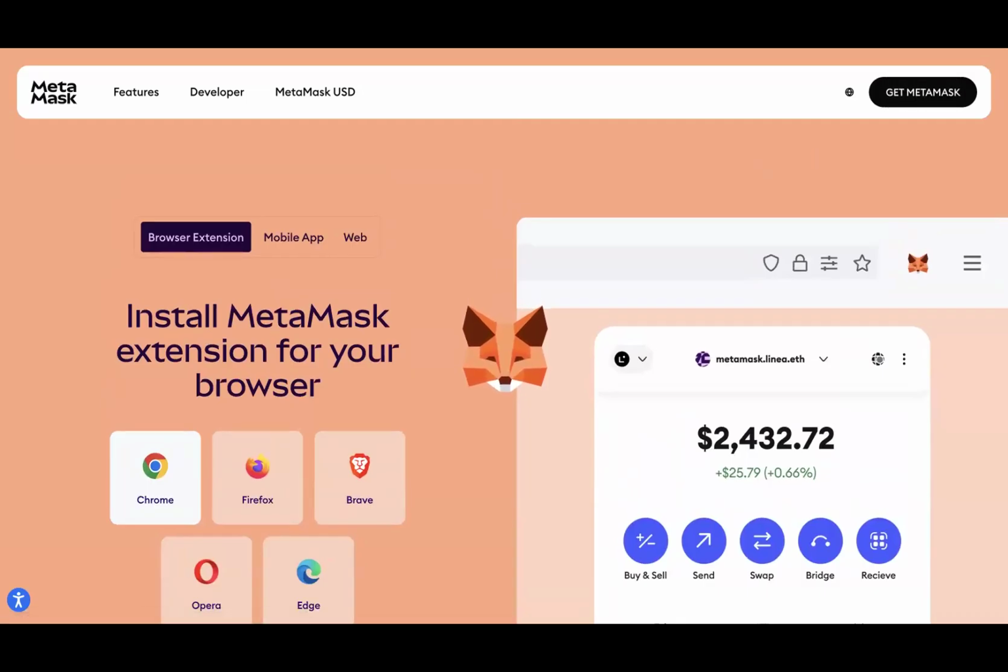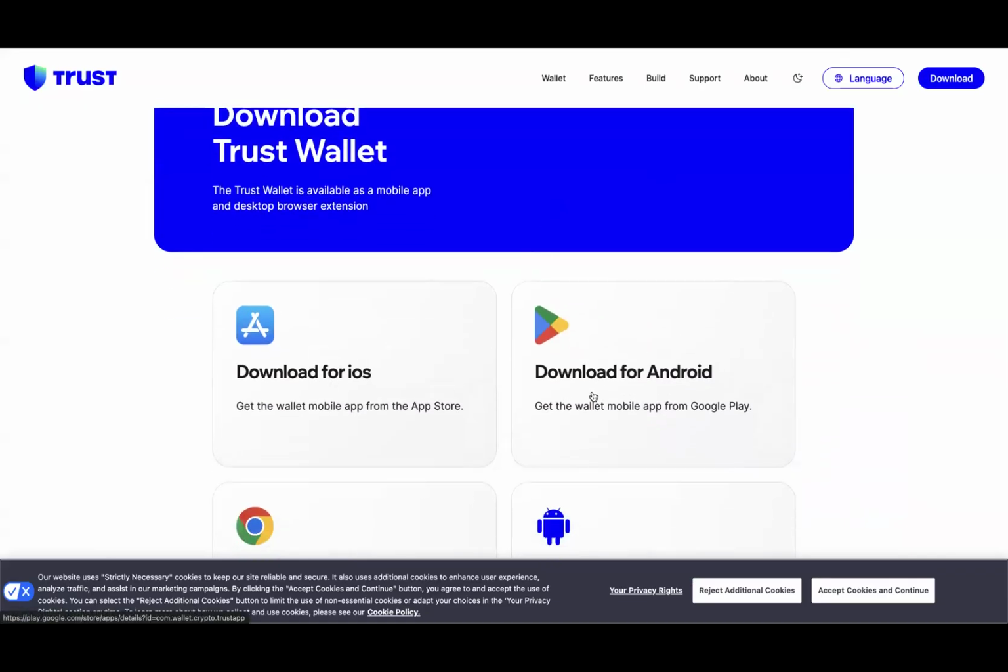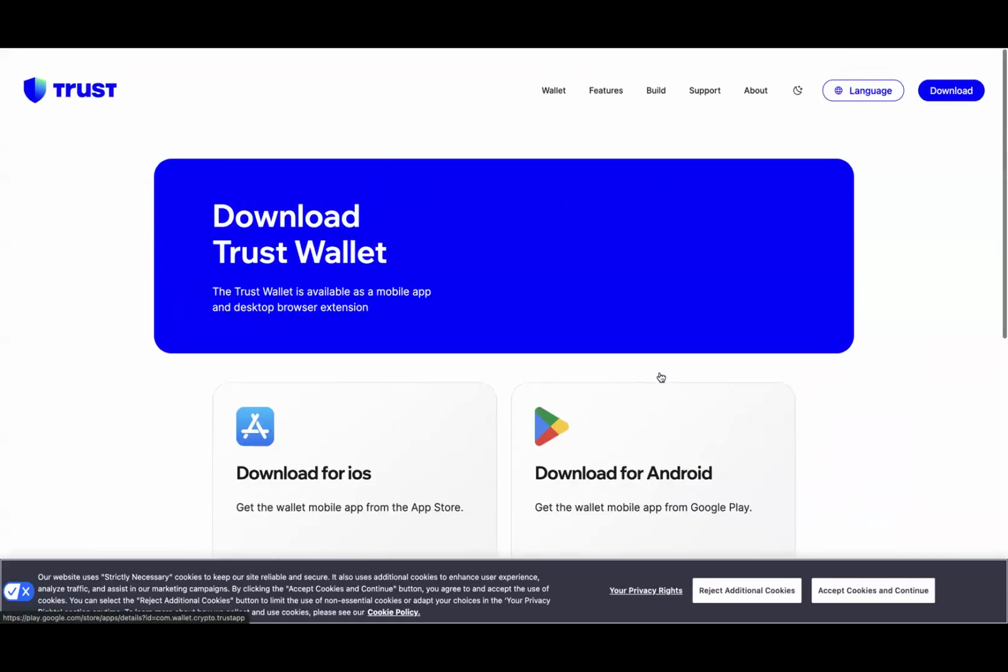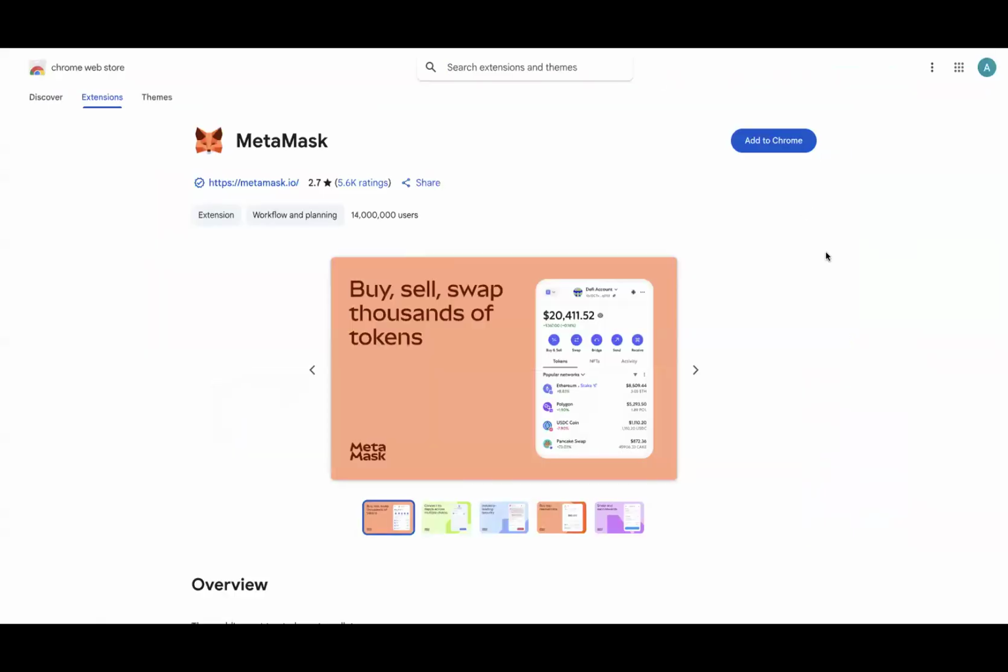Now, also, we have Trust Wallet. You can download it for iOS. You can download it for Android. Understand that this is a mobile and also a desktop browser wallet. So you can download it here, and it'll download to your desktop as an extension inside of your browser. Okay. But we're going to talk about MetaMask,